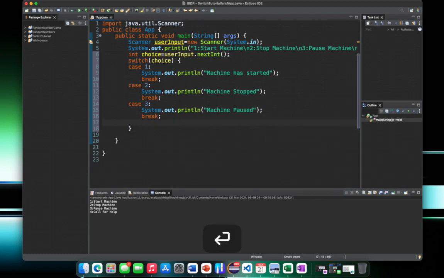And then finally, case 4 was for emergencies, to call for help, I think, if I remember correctly. So here I'm just going to put, and then maybe just, help. Okay, then again break, and then finally, and you don't have to put this, but it is good practice too,